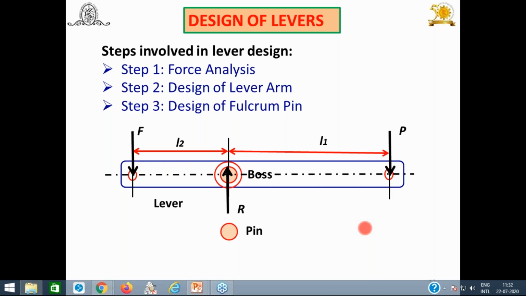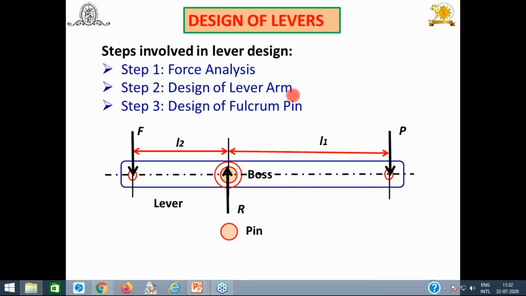Suppose a hand lever in an automobile or two-wheeler, when we are operating it to actuate the front brake or maybe the clutch, how much is the actuating force to that clutch or the brake, that is the input given. That means the output force is known to you, and based on that, how much effort P is required to get that force, and accordingly we can decide L1 and L2, that is the effort arm and the load arm. Try to understand. So that's why force analysis is important to get the value of P.